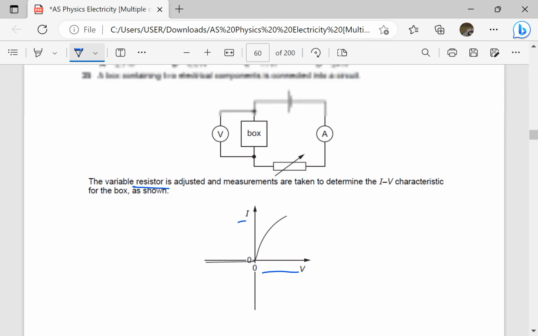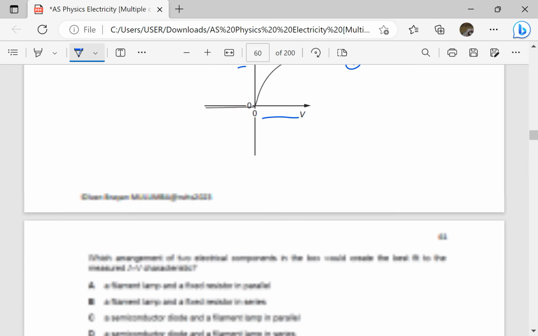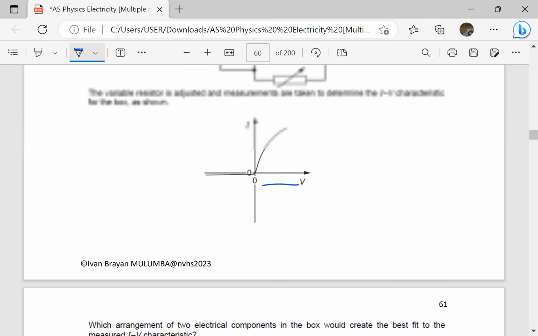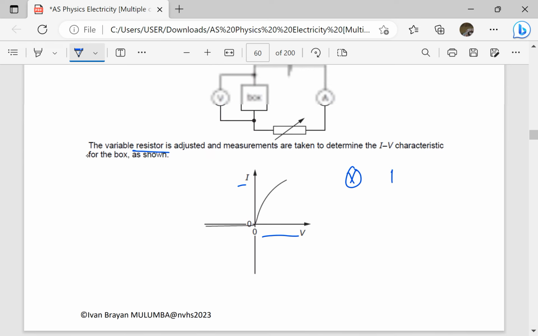So let's say we have a filament lamp and it has two electrical components. Let the other one be maybe a resistor, because we have, I think, resistors. We have a filament lamp and fixed resistor. If it is a filament lamp and a fixed resistor, it means